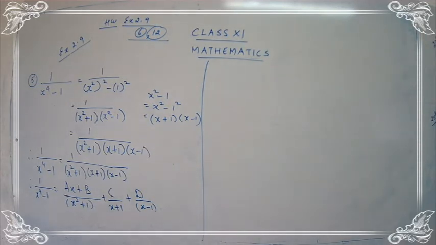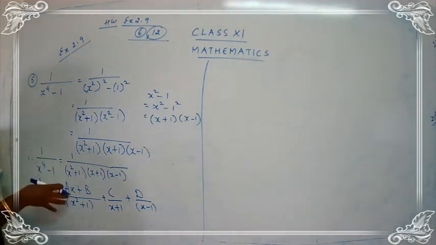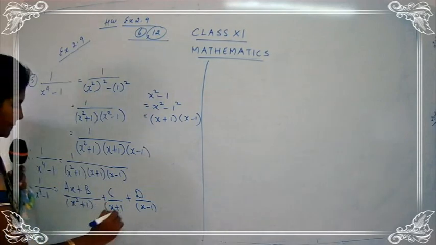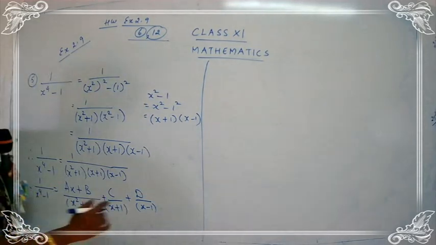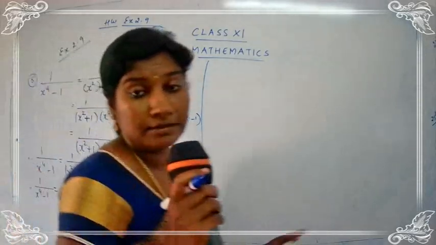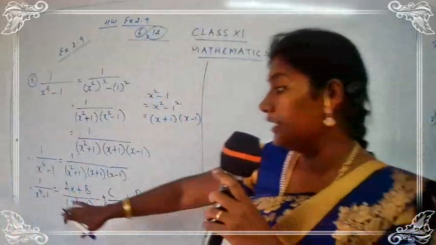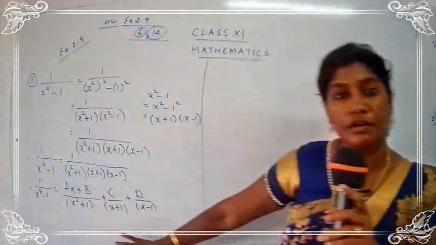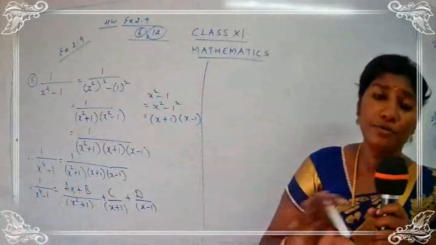That is, we have to find all the unknown values, substitute them over here, and finalize the answer. So this is the answer part. Okay, children? Just keep this part as it is. And now the next thing is you are going to make the LCM common. You are going to make the same LCM in the LHS part. The denominator of LHS and the denominator of RHS should be the same. So how are you going to make it the same?